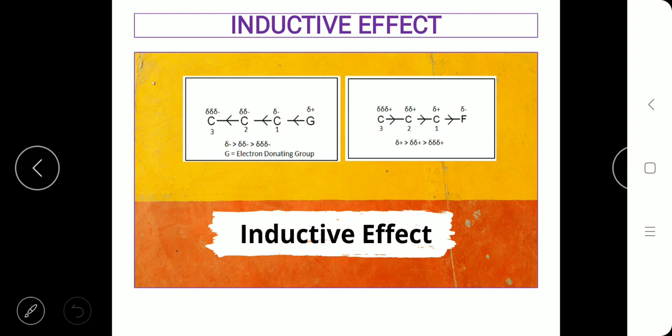The second indication is the slightly positive charge at C1, C2 and C3. They are all given with different numbers, like at C1 there's 1 positive charge, at C2 2 and at C3 3. That means the inductive effect is changing. At C3 it is less felt, and at C1 it is more felt because it is very near to the reaction center. Now next let us look at some of the common substituents which provide minus I effect and plus I effect.